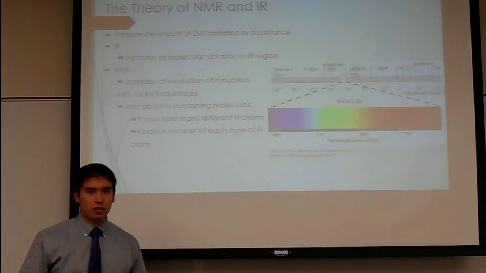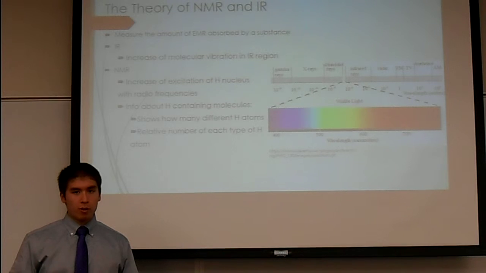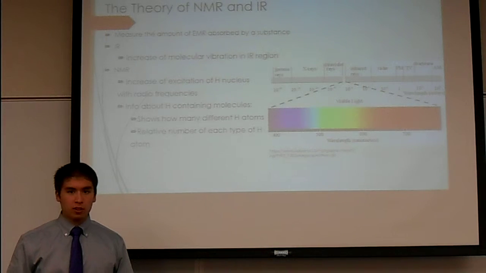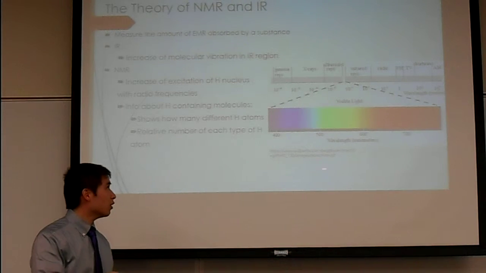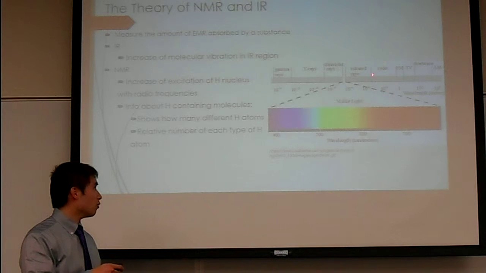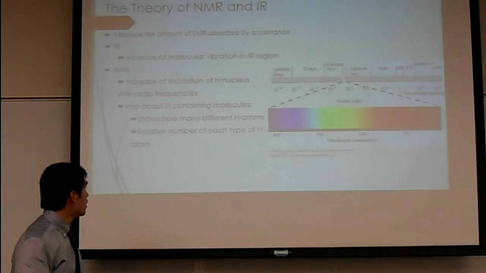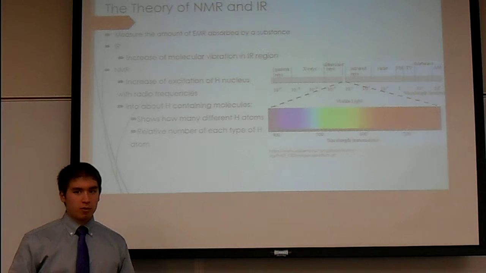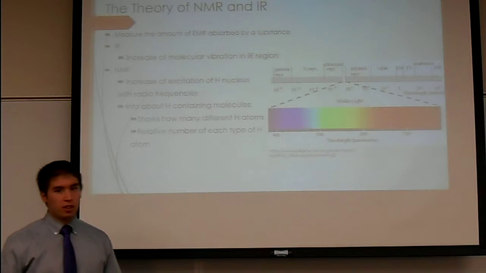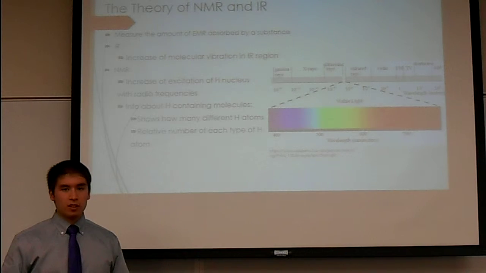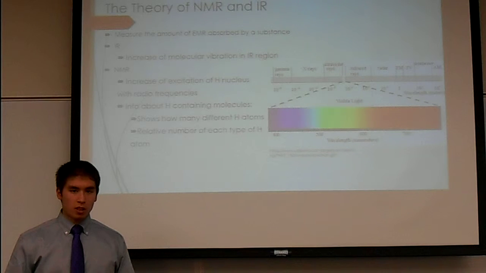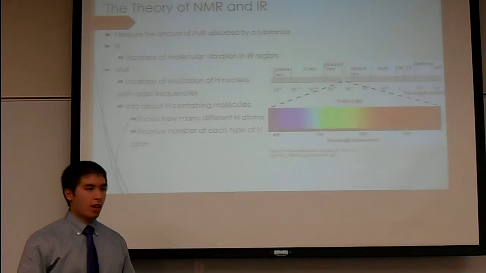And NMR is used to vibrate the hydrogen atoms, which is in the radio frequency. And more information about NMR is that it identifies the number of hydrogen atoms as well as how many different